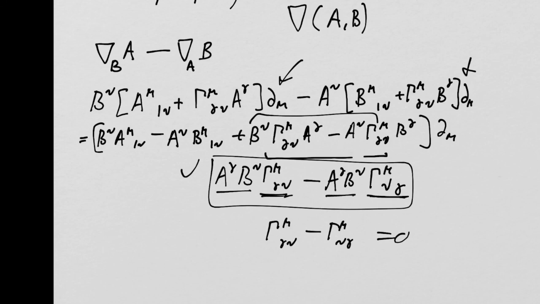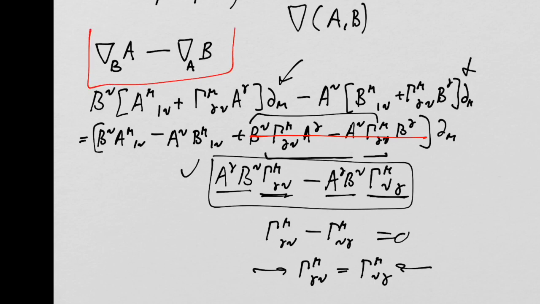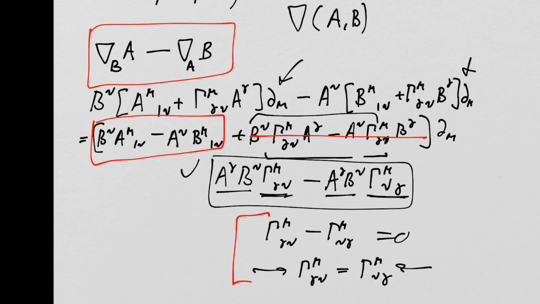So if this equaled that, then this whole thing would cancel, which is tantamount to saying that the connection coefficient is symmetric in the lower two indices, right? If that were true, then this whole thing here would cancel, and all that would be left is this would equal this. So it turns out that it will become another assumption of general relativity that all connections involving general relativity have this property, that the connection is symmetric in those lower two indices. And that is called